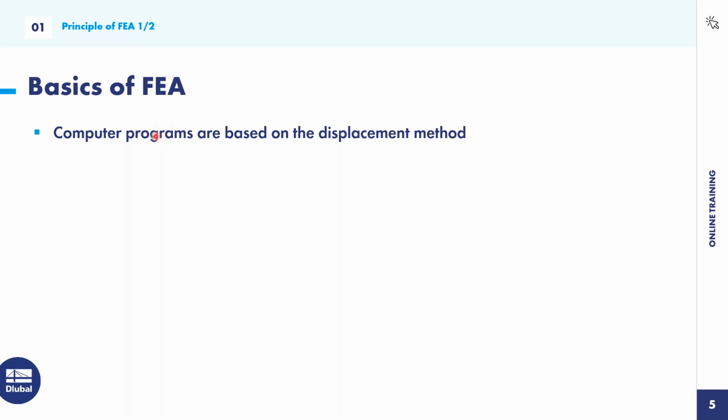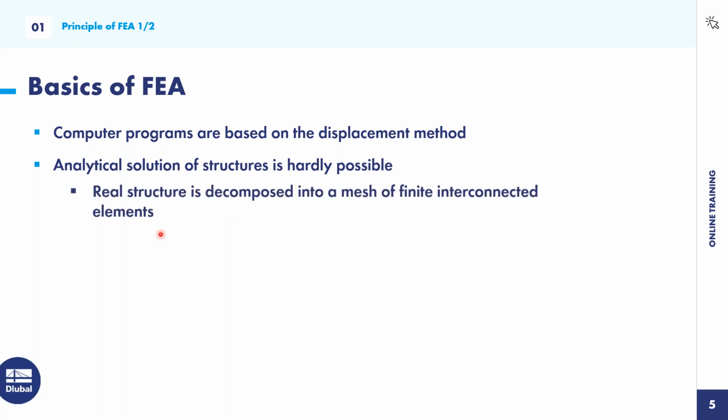But the computer programs are using the displacement method because it's easier to implement, more convenient, and makes the calculation easier for the programs. If you look at any complex structures, it is normal that the analytical solution is not so easy. It's hardly possible to find any analytical solution. And this is also the reason why real structures are decomposed into a mesh of finite